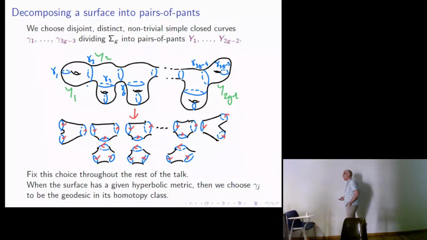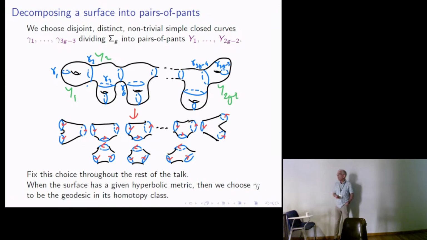We're going to divide my surface into a pair of pants decomposition, which has 2g minus 2 pairs of pants and is divided by 3g minus 3 curves. And you will notice that I've chosen one, purely for convenience for the rest of the talk, where every time I'm capping off a handle or closing up a handle, that happens within the same pair of pants. But that's just convenience for what happens later. We could fiddle around and do other things as well. And that choice is going to be fixed once and for all. And that's classically what Fenchel and Nielsen would do.